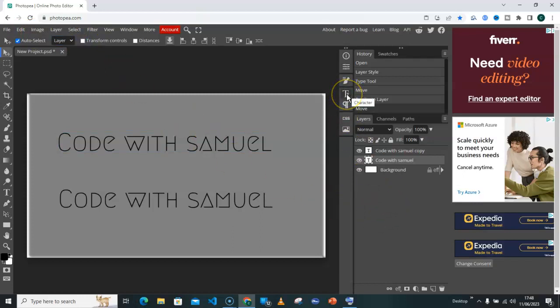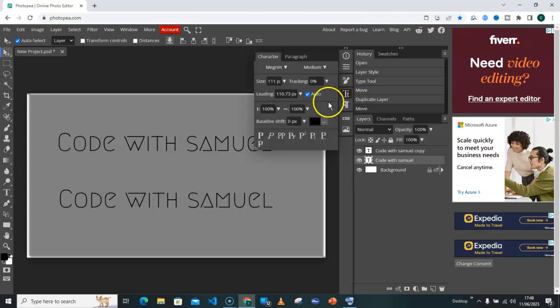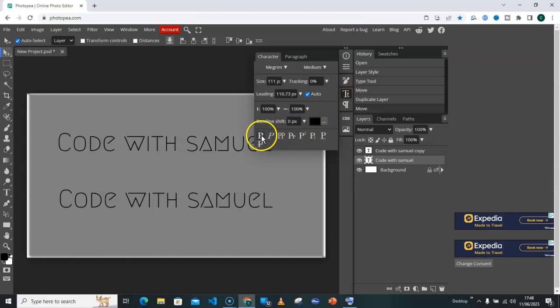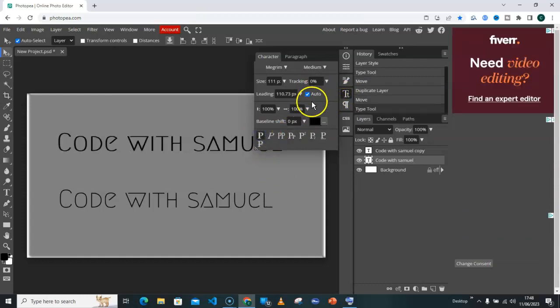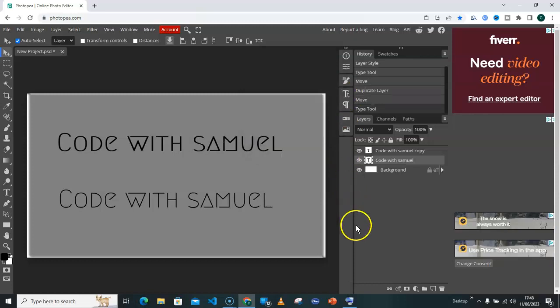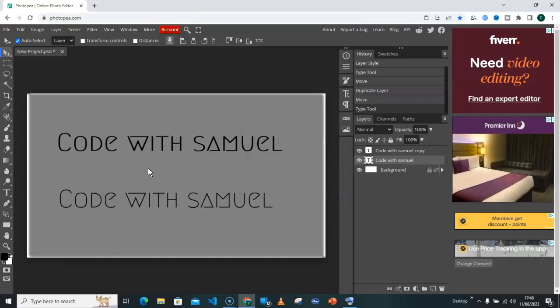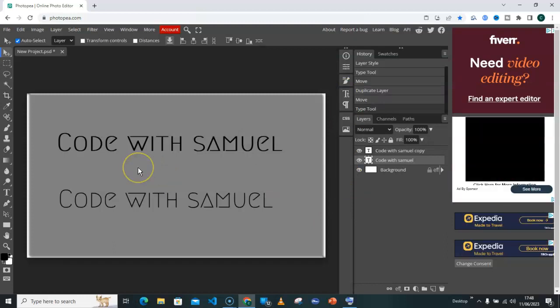You can see the capital T and the small t. Click on that and then go for this, the first one here. Okay, and click on that. You can see the difference. To close this, click back on the T and that is closed. So you can see the difference. Okay, so this is how to embody any text in